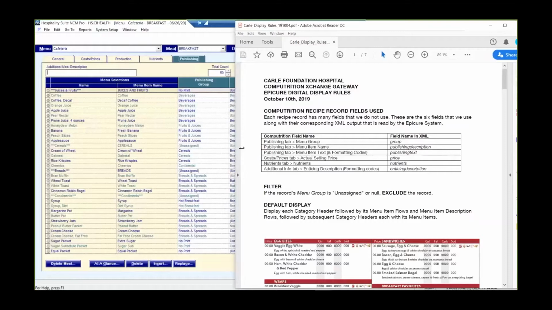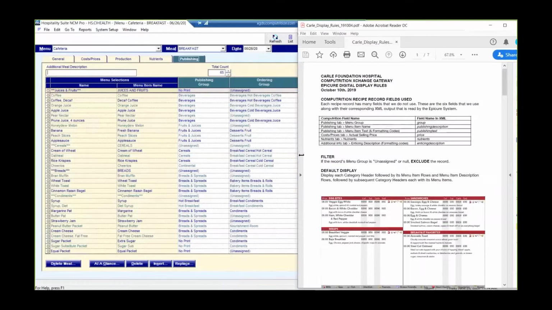On the right is an example of the instructions that this particular client received. It's hard to know what to explain to you guys since this is your software. But what we do is I just give them a little map of the Computrition field names from the Hospitality Suite and what we see in the XML query. That's not terribly important for them except to know that